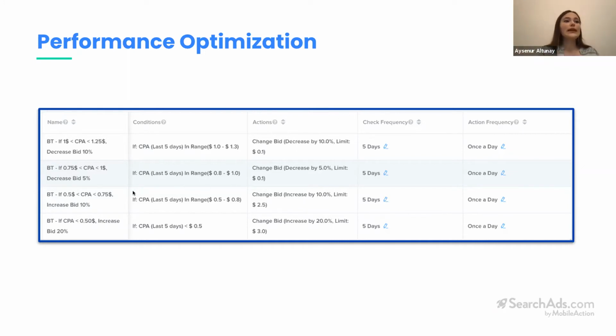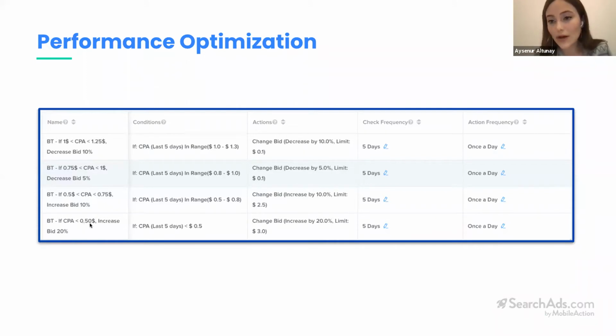For example, here, this client said that I don't want my CPA, cost per acquisition, to be more than $1. So we divided this KPI into ranges, because they didn't want to exceed the $1 threshold. We say that if my CPA is lower than 50 cents,